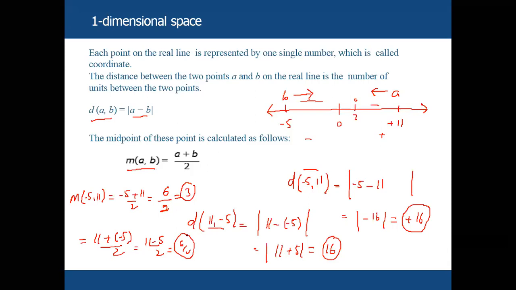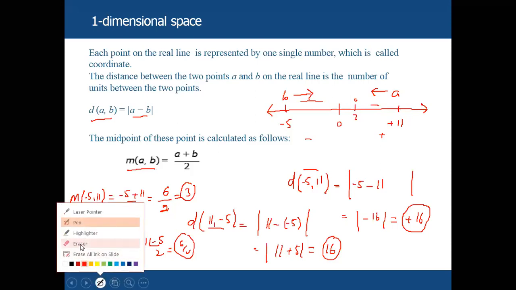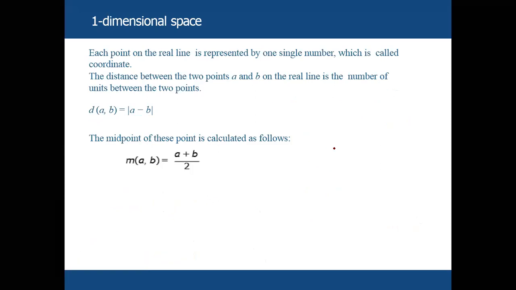So, one dimensional space. The real number line is an example of one dimensional space. Second thing, if you are moving on a circle, this is also one dimensional, because on a circle, if you want to specify location, we need only the angle.